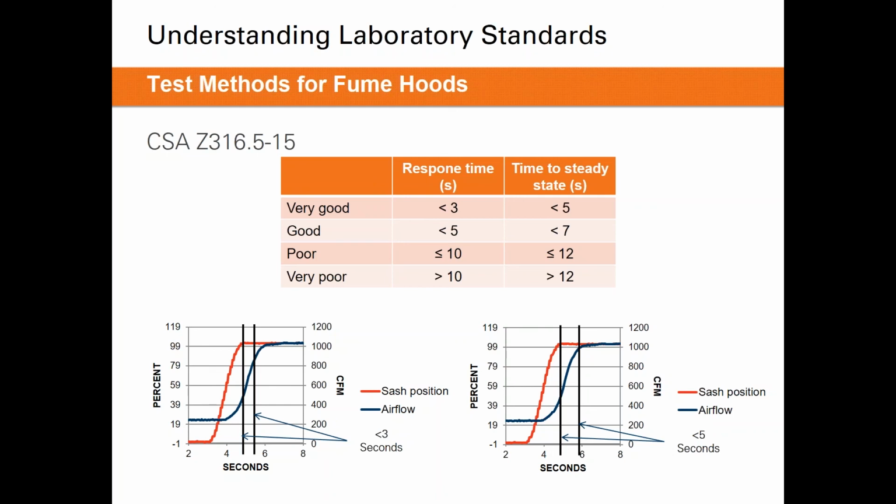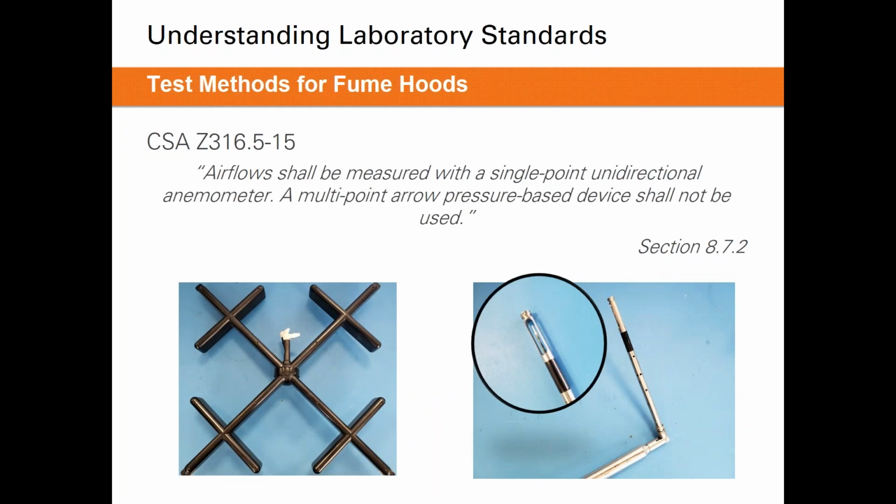So our response time, from our initial time of the movement of the sash to when we complete 90% of our movement or enter that acceptable range, should be less than 5 seconds for a good response time. The time for us to stabilize and control within our steady state range should be less than 7 seconds to be considered good. In terms of airflow measure or face velocity measurement,